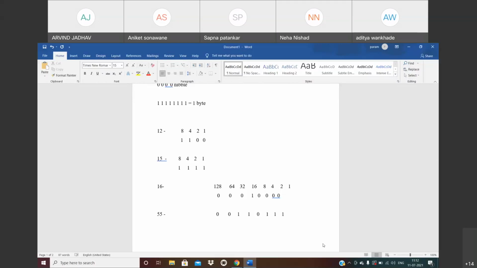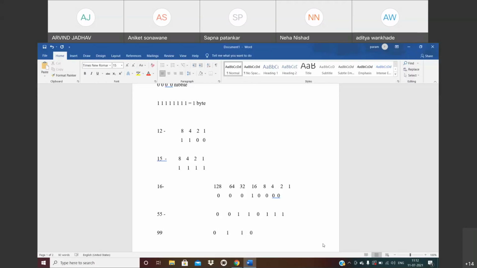And see, if you want to perform the bitwise operators, then we need to understand how to convert a decimal number into a binary number. So let's assume another number. Here I have the number 99. So see, I'm not using the 128 bit. I'm using the 64 bit. Yes, 64 bit. The 32 bit I'm also using, 64 plus 32 is 96. That means I'm using 96.